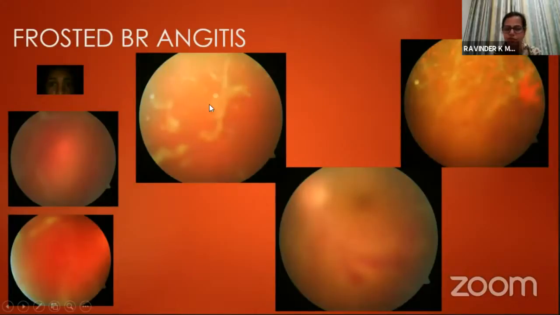This is a very, very complicated situation, and these patients are not easy for comprehensive ophthalmologists to manage. They need to be referred immediately to tertiary care centers, because here the total vision can be lost within a few days. So this patient is maintaining well even with the medical treatment in one eye, and the other eye